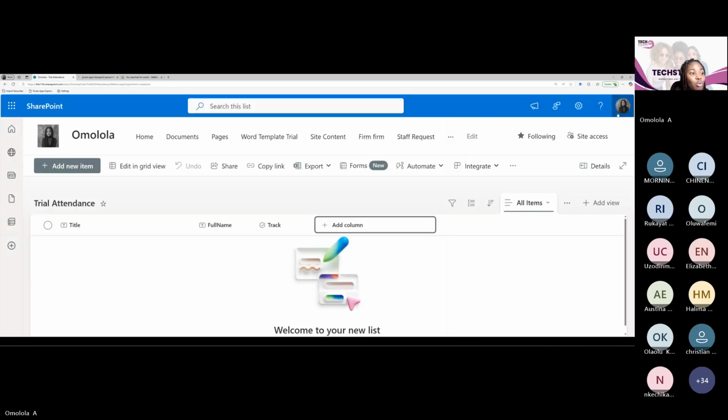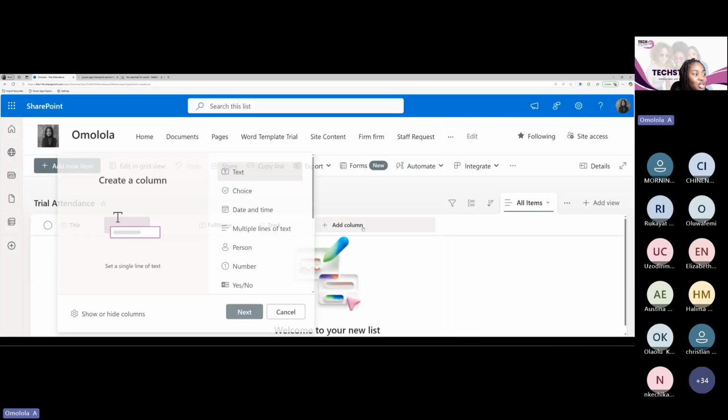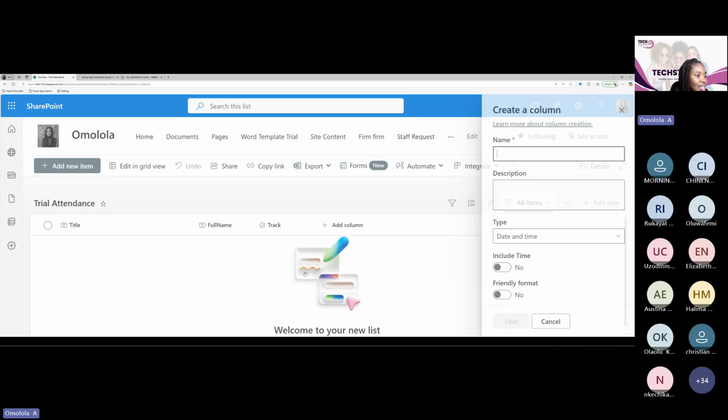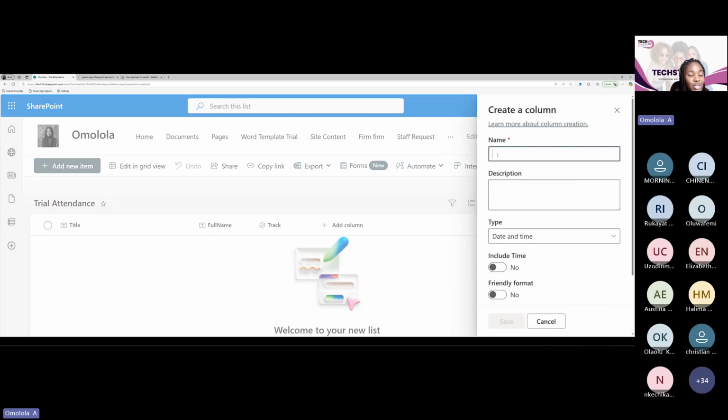But when you come to add column, this is where from here you can basically just select your data type. So for date, what data type should it be? Date and time, right? It is as simple as that. You click next and you put in the name. The name of the column is date. So now for date, I can just say,